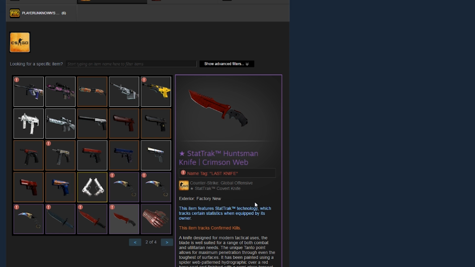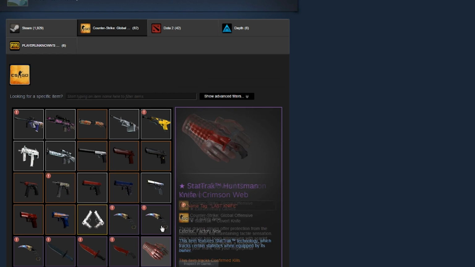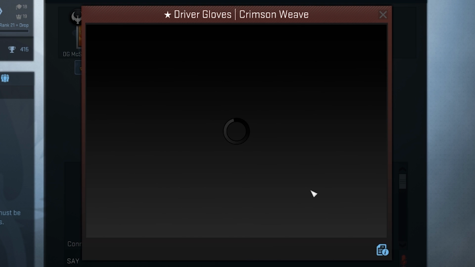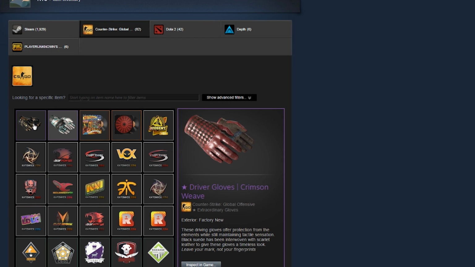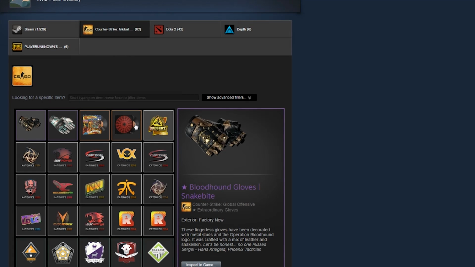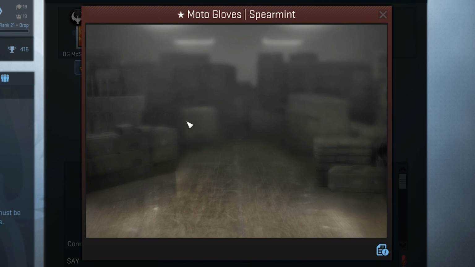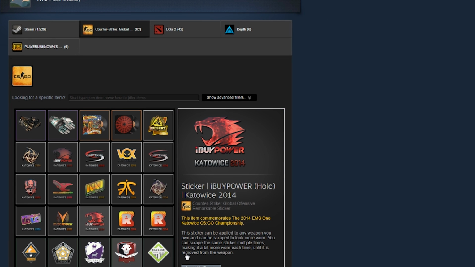He's got a StatTrak Huntsman knife, Crimson Web factory new, the very expensive and rare knife right there as well. Driver gloves, Crimson Weave factory new. Yeah, he has 6 different pairs of factory new gloves, so he definitely has the most expensive glove collection for CSGO. He's got the Snakebite. Actually, these might even be better, these are a really sweet pair of Bloodhound gloves as well. Some of the Bloodhound gloves I actually do like a lot. And he's got the Moto gloves, Spearmint factory new, and yeah,